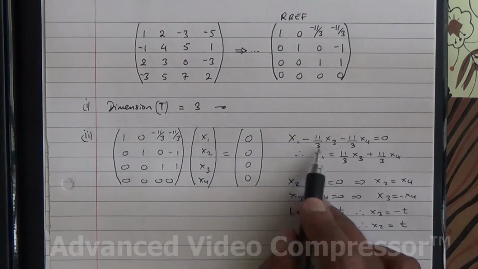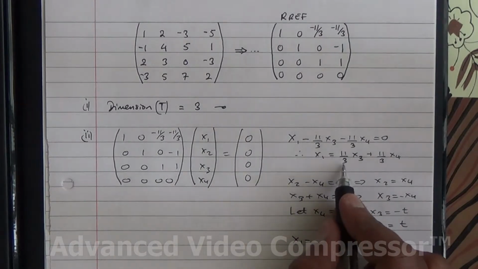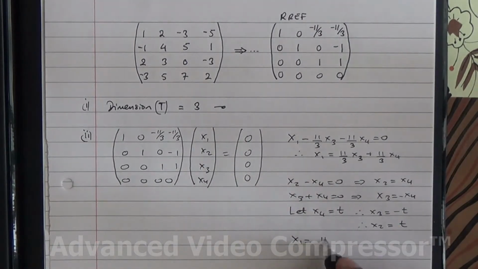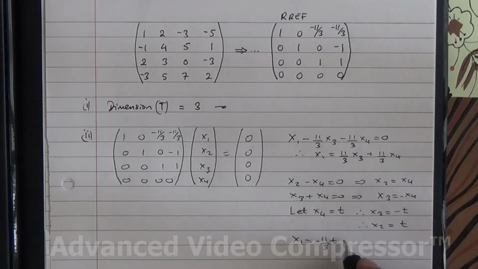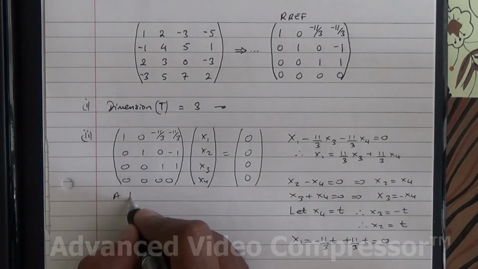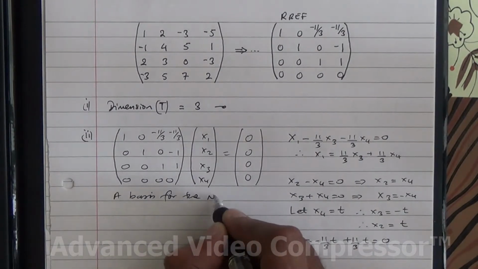Right, and what about x1? So x1 is equal to 11 over 3 x3, x3 is minus t, so that's going to become minus 11 over 3 t, plus 11 over 3 t. And that's going to be equal to 0. So what do we have? x1 is equal to 0. So a basis for the null space,